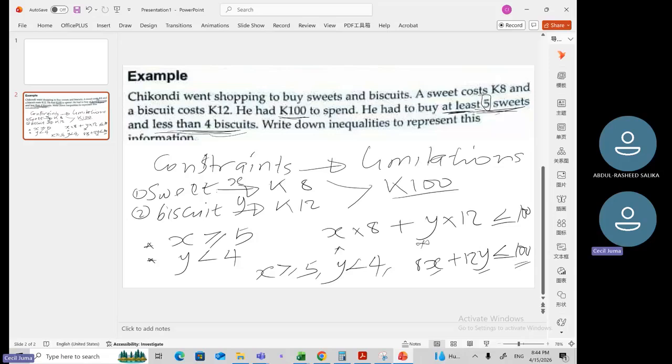So in simple terms, tukunena kuti linear programming is an optimization tool. Ndi tool imene ingatithandizire kudziwa zinthu zimene tikuyenera kugula to make a profit, zinthu zimene tikuyenera kugula to make sure we have enough for what we need to have. Yeah, so I think reaching this far, we may go to another area, that is, if you don't have any question,